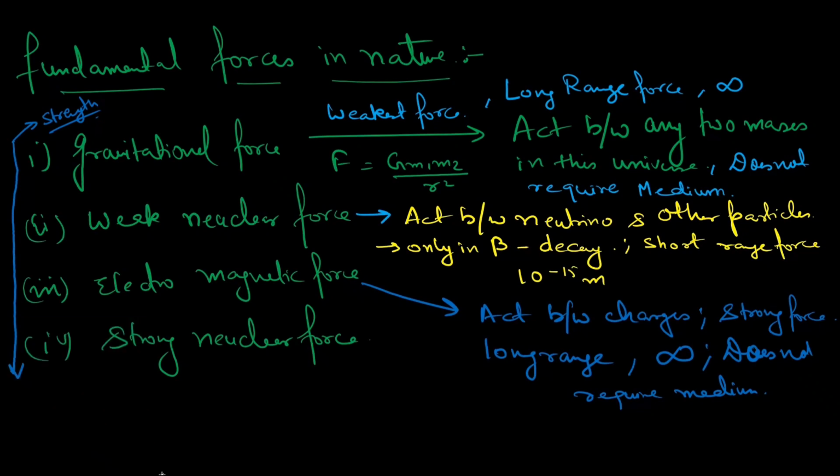The last one you will study in class 12 acts between neutron and proton. Inside the nucleus they are attracted to each other and stay seated. Two protons have positive charge. I will tell you this later. What is the nucleus? The nucleus is a smaller part. Say there are 2 protons, or 10, you can take it. So 2 protons having positive charge will repel by electromagnetic force. So the nucleus should break, but the nucleus does not break down because of this strong nuclear force.